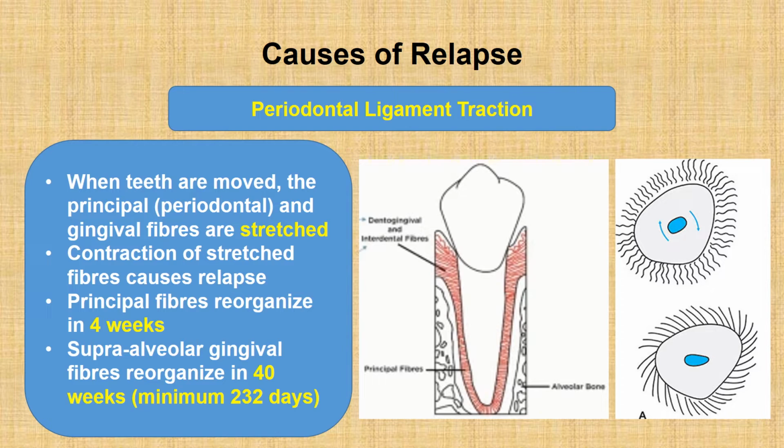When teeth are moved, the principal periodontal fibers and the supracrestal gingival fibers are stretched. If these stretched fibers were to contract after completion of treatment, it will lead to relapse of the position of the teeth. The principal periodontal fibers usually reorganize in about 4 weeks,